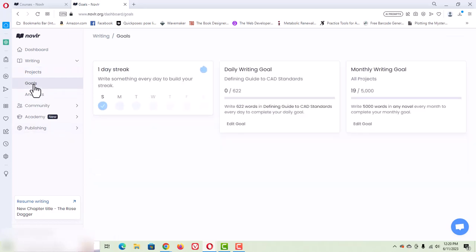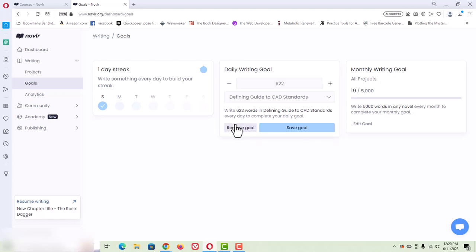The goals section lets you create some goals, a daily goal and a monthly goal for your writing, and I'll just edit these so you can see how they work. When you bring it up, it allows you to set the number of words. You can either use the button to add 250 words at a time or take 250 words away at a time, or you can just click on it and put a specific number,